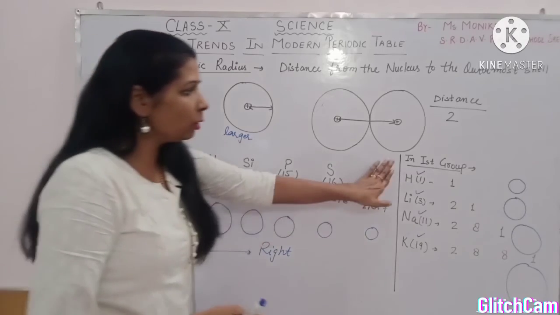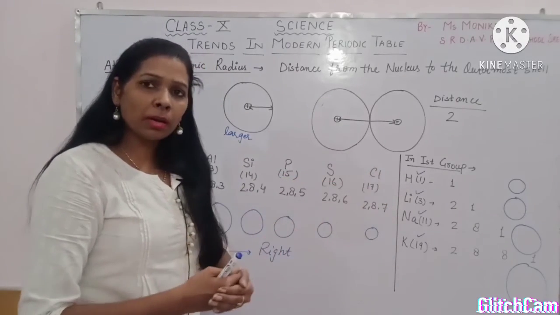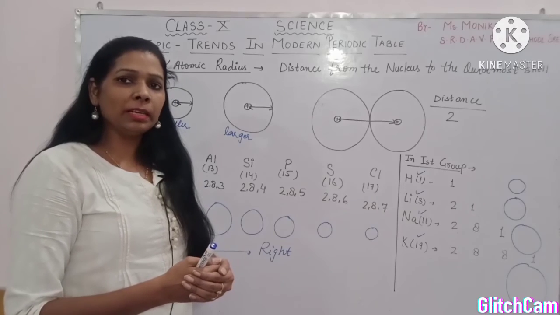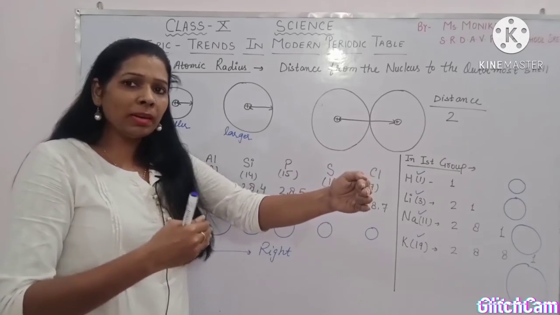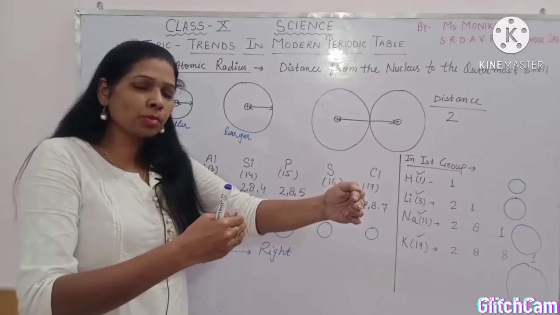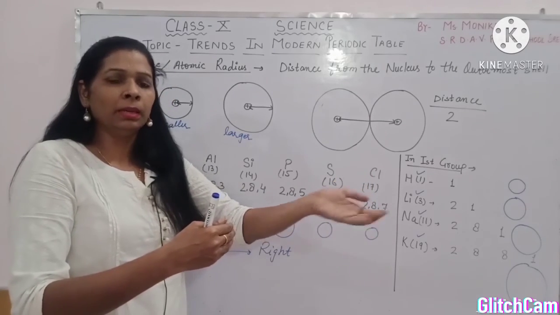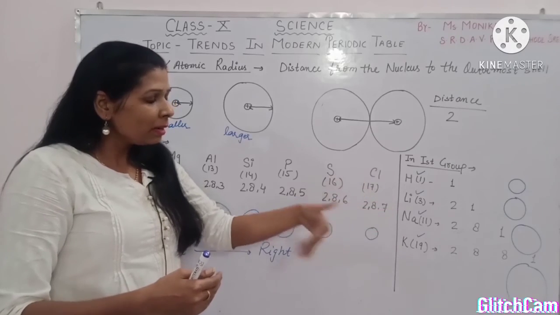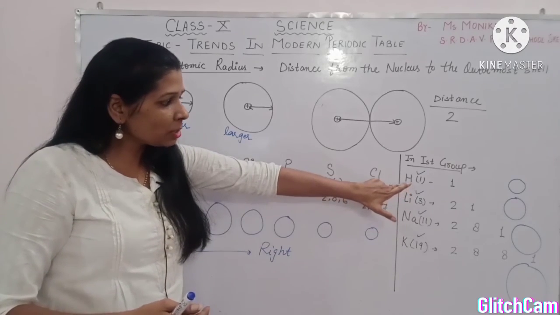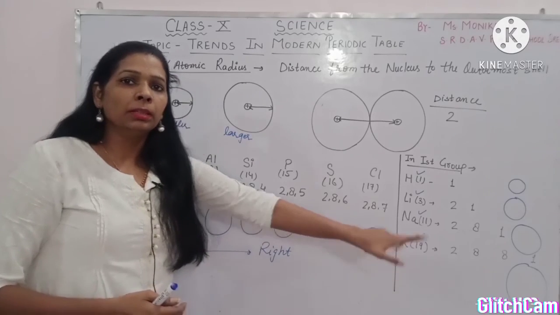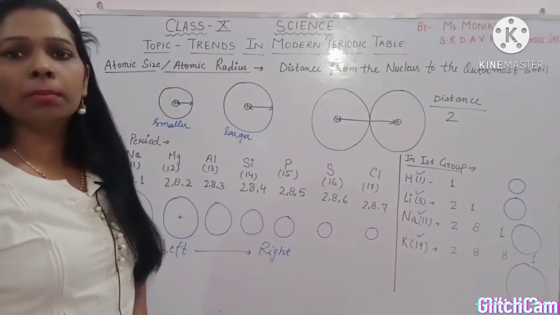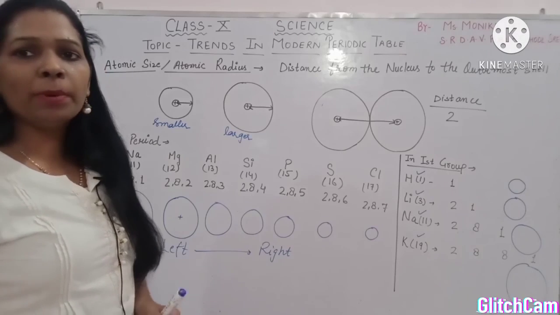बट ग्रुप के केस में नो डाउट कि न्यूक्लियर चार्ज इंक्रीज हो रहा है, बट साथ साथ वैलेंस शेल भी इंक्रीज हो रही है, तो वो न्यूक्लियर चार्ज के थ्रू लगने वाली फोर्स को कहीं ना कहीं ओवरकम कर देती है। तो इसलिए साइज पे इफेक्ट नहीं पड़ता और साइज शेल बढ़ने की वजह से क्या होता जाता है, इंक्रीज होता जाता है। सो दिस इज द सेकेंड ट्रेंड इन द मॉडर्न पीरियोडिक टेबल। आई होप यू अंडरस्टैंड